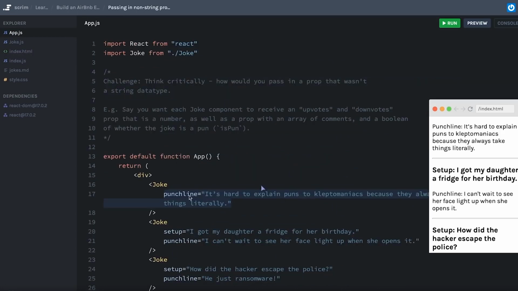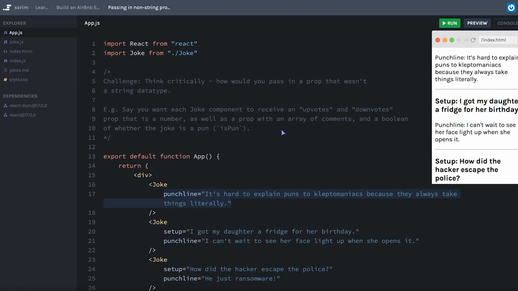However, because this is React, which is JavaScript, we can pass in any JavaScript data type to our components as props. So I want you to think critically here. How might you pass in a prop that wasn't a string data type? Let's say, for example, you want a number passed to each one of these jokes that eventually will represent the number of upvotes and downvotes for this joke. Or maybe you want to pass in an array of comment objects. And then you might say, I want to allow people to filter out the puns or only show the puns in my jokes. In which case I might pass a prop called isPun, which is the value true or false,